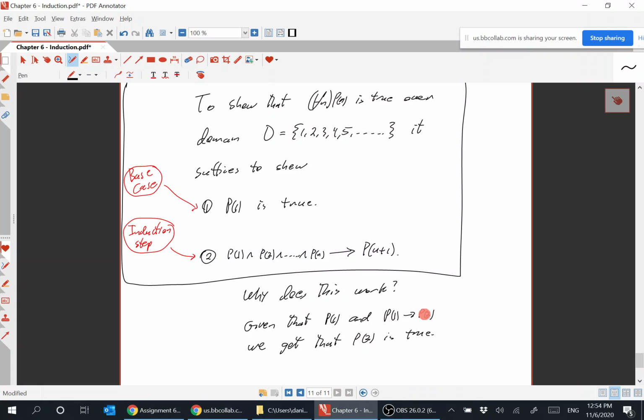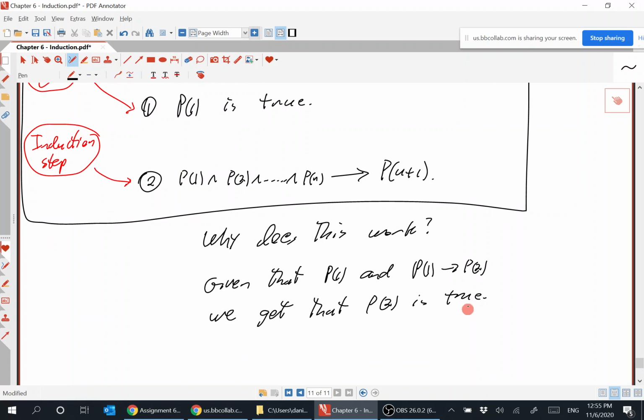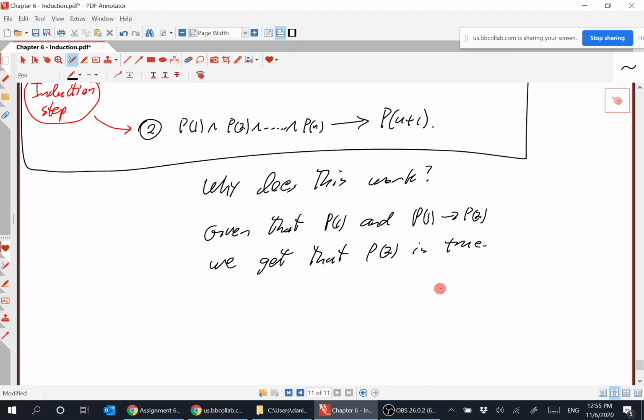P1 is true, and then P1 implies P2. Since the hypothesis is true and the implication is true, the conclusion better be true. Now, instead of thinking about P2 and forgetting about P1, you bring P1 along with you. So given that P1 and P2 are true,